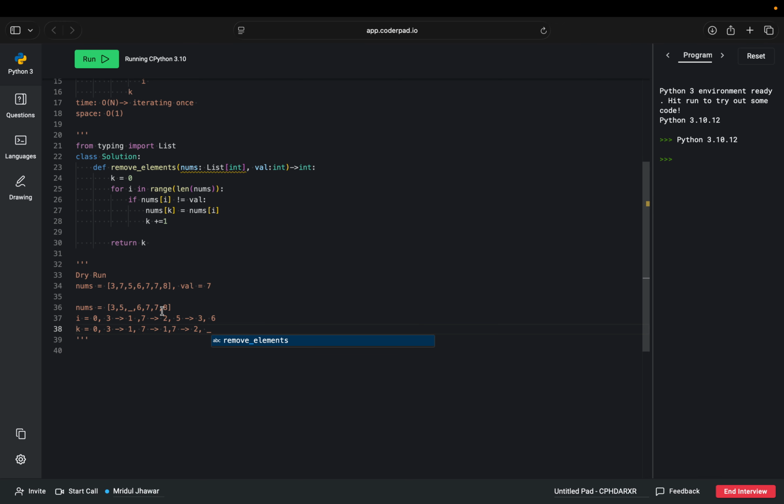So we will have to switch it back with 6 because it needs to shift up and this line will get executed. And at position 2, the value will become 6. And the loop will continue until I reaches the end. And our output would look like,